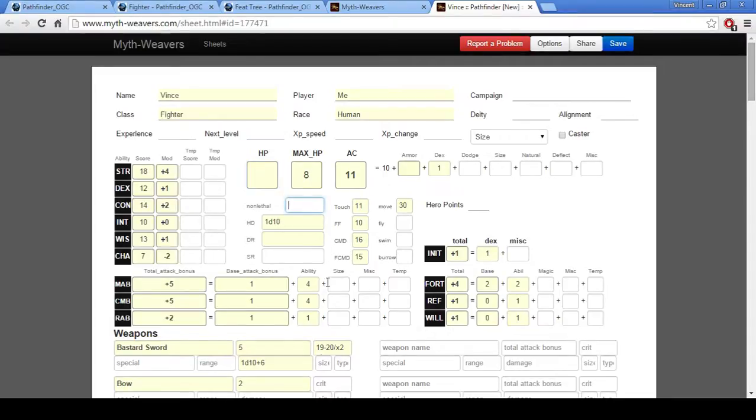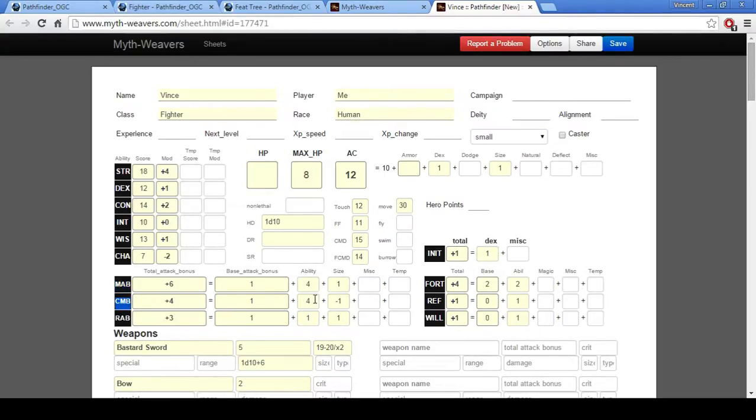Okay, good. I know that was a lot, and that there's a lot of numbers here, but once you have them on your character sheet, you kind of have it. Oh, and a nifty thing here is that you can set what your size is in here. Most creatures are going to be medium, and if you're a medium creature, that literally does nothing to your character sheet because it just adds a bunch of zeros everywhere. But if you're, say, small, look, your base attack bonus is going to go up, but your